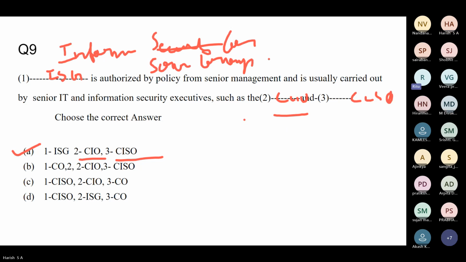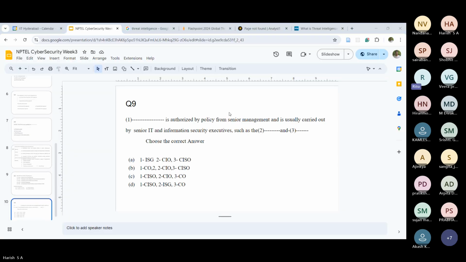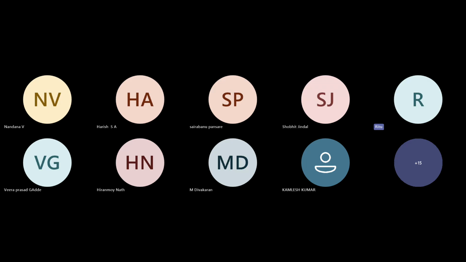Okay. I have one question: as a cyber security personnel or an executive in an organization, how much hands-on experience do we need with the practical part? Because this course is totally driven toward the management part.